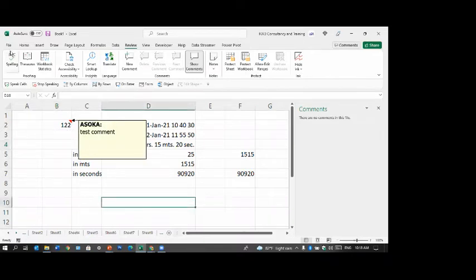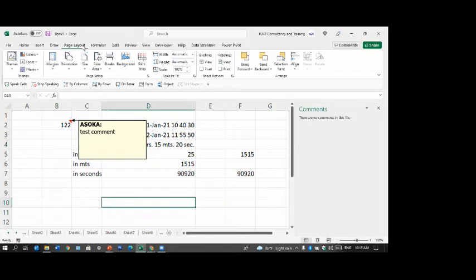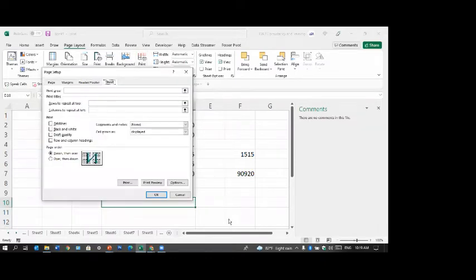To print it, you have to go to page layout. Remember, go to page layout and then go to print titles. There's a thing called print titles under the page setup box. In that, there are two ways you can show your notes. Comments and notes. By default, it says none. Either you can say at the end of the sheet. Then all the comments will come in a new sheet giving the cell address and the comment, cell address and the comment. Or if you want to show it as it is, then you say as displayed on sheet.